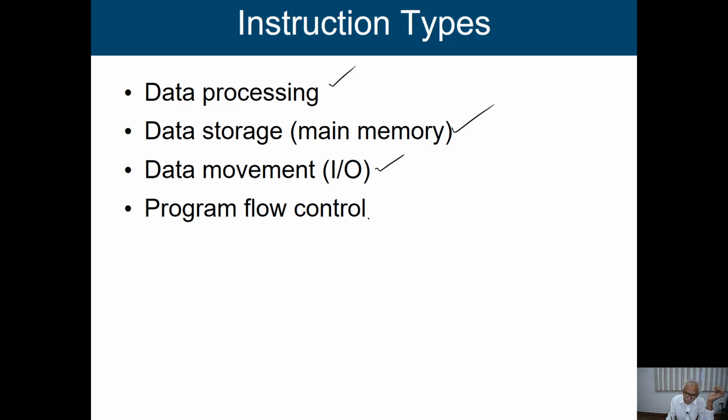Similarly, sending the data from the processor to an output device, or from memory to an output device. And we have some program flow control instructions. I have already mentioned this, I suppose, when we discussed the flag bits or condition codes. We said that we have some conditional instructions, like if something is greater than something. So with an if condition, we are going to design some instructions, and for that we have to have them in our instruction set. Those instructions will fall under program flow control. So whatever instruction we design will fall in one of these categories.